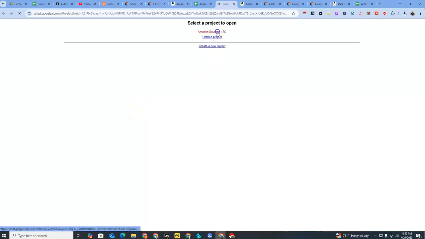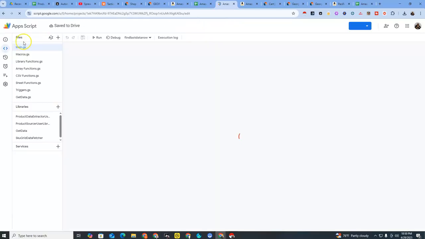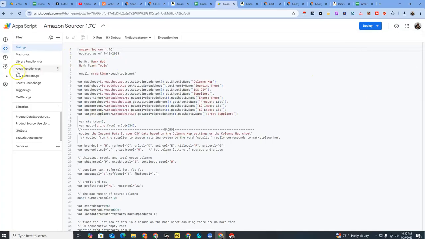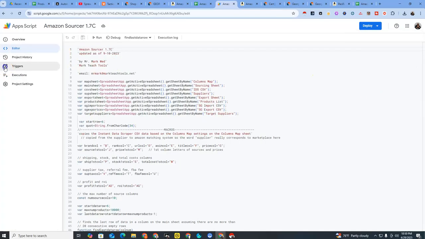And then I will click on Amazon Sourcer 1.7. You usually don't have to do that, but it appears I have 2 different files or scripts under this file. But then you'll go to triggers. And so up here you'll see all the code I wrote here. But if you go to triggers,